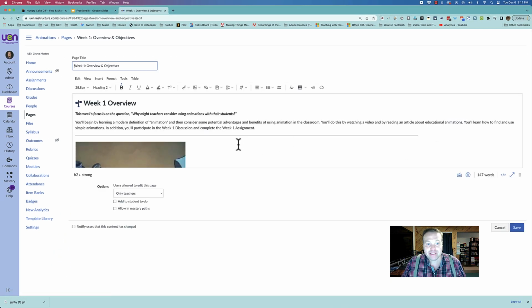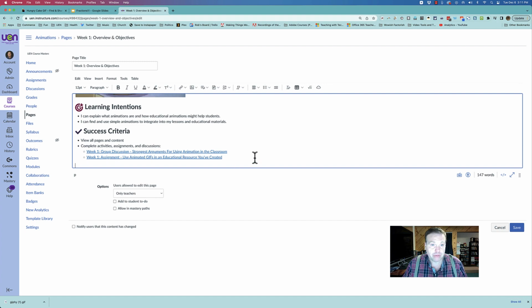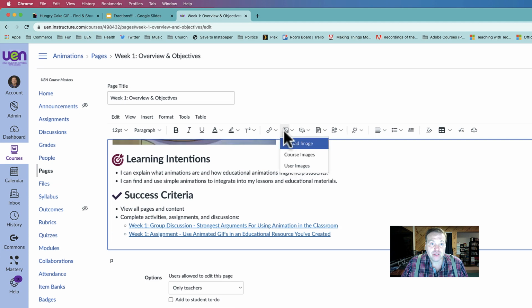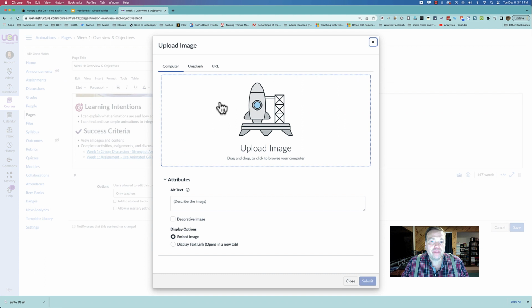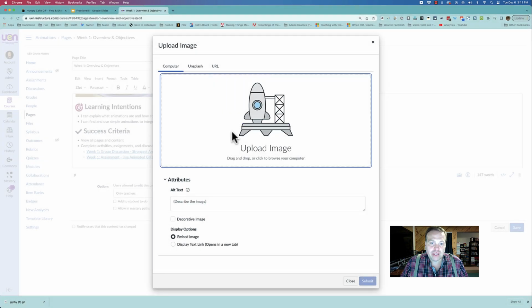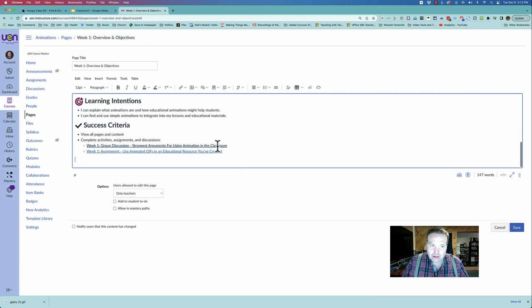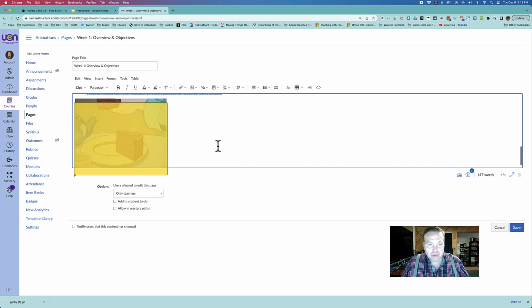And this time, instead of embedding the animated GIF, I'm going to try uploading the animated GIF that I downloaded to my computer. So to do that, I can just go here to this symbol here. It looks like a landscape drawing or painting. And then I'll just click Upload Image. I can click and drag and drop an image here, or I can just double click to select the image that I want. So here's the Giphy animated GIF. I click Submit. And it takes a little longer at first, the first time that you upload it,